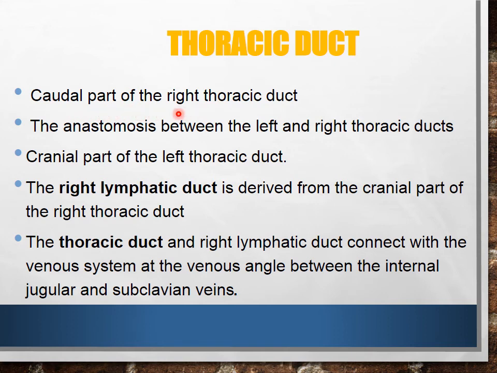So the thoracic duct is formed by the caudal part of the right thoracic duct. The right-sided duct persists only at its distal portion; the rest of it does not participate in the formation of the thoracic duct. There is an anastomosis between the right and left one, which persists, and the cranial part of the left